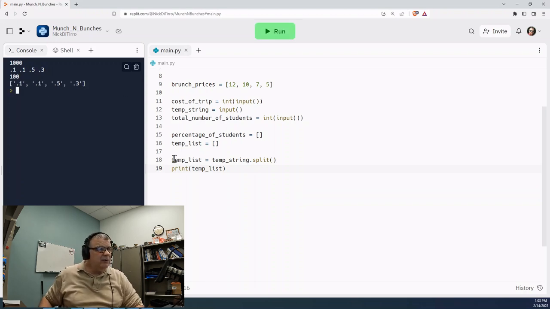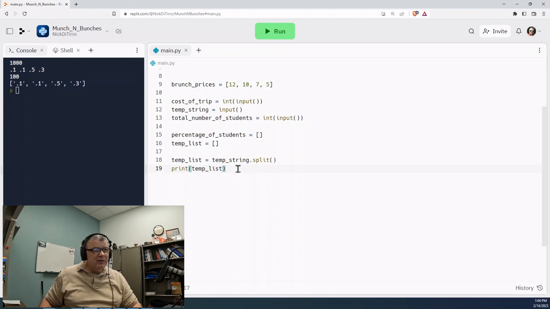And it basically took that temp string here. Remember, this is a temp string. It took that and converted that into a temporary list. And notice very subtly, those are strings. Those are not real numbers. Those are strings. If I try to do any math associated with them, this will break, right? So one of the first things I need to do is create this list here,